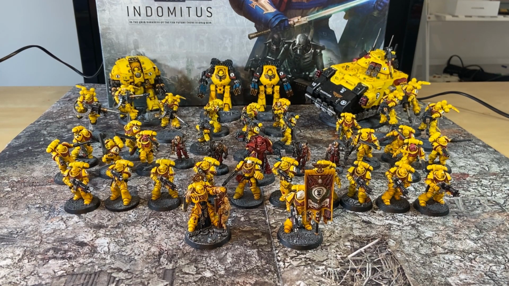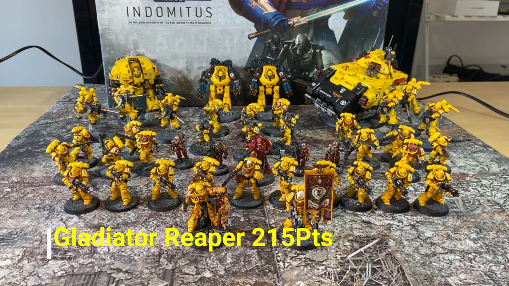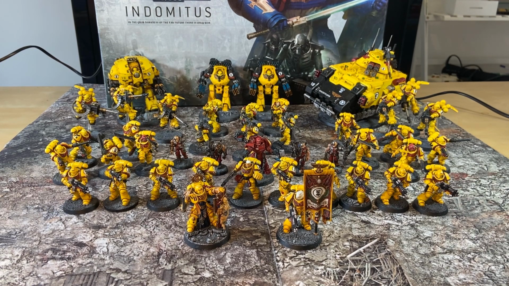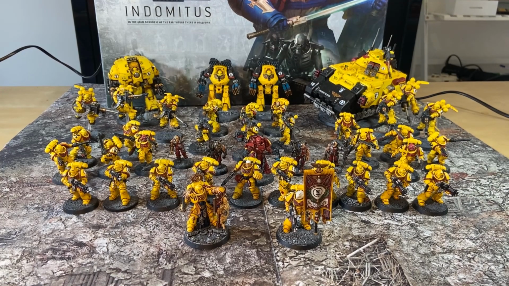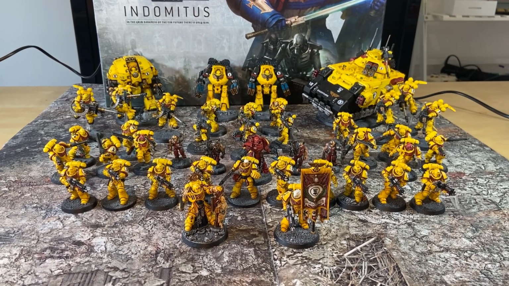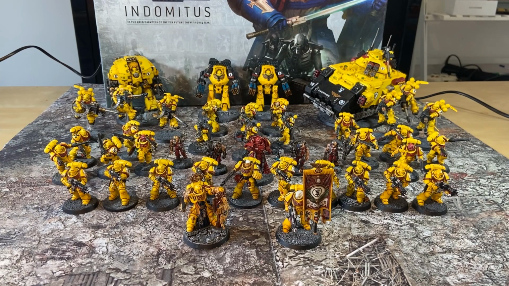It's toughness 8, 12 wounds, 3 up armor save. I've taken the upgrade, so it's the Gladiator Reaper. It's 210 points. It has the twin heavy onslaught Gatling, plus the Tempest bolters, and I gave it the upgrade to take the smoke launchers for the -1 to hit when shooting at it, which is, in my opinion, one of the best upgrades you can give to the Gladiator. It's movement 10, 12 wounds, with the twin heavy onslaught Gatling,